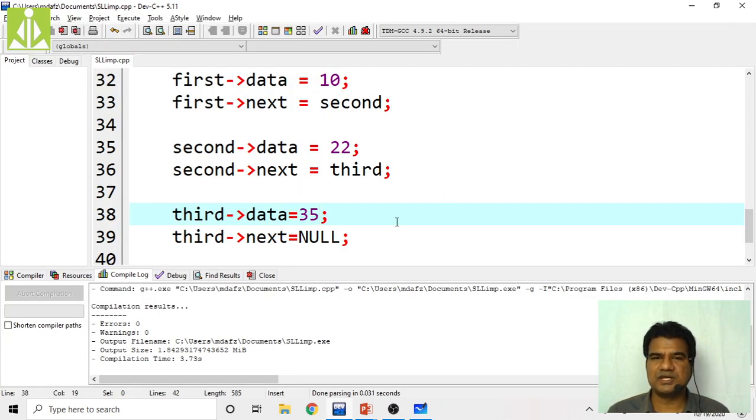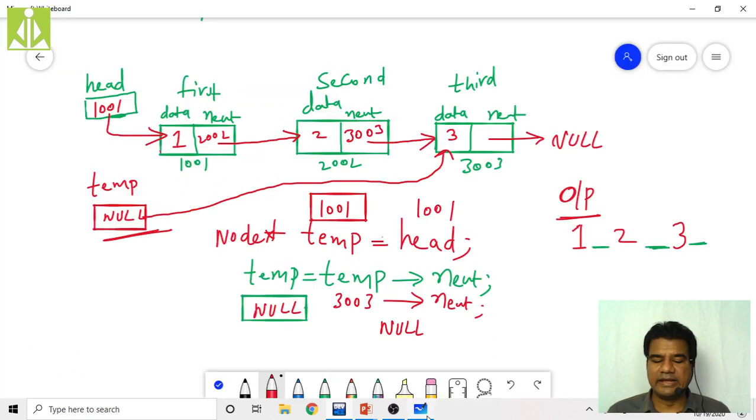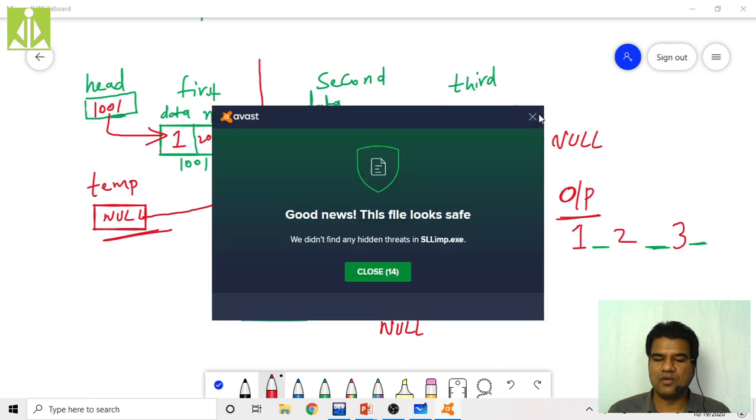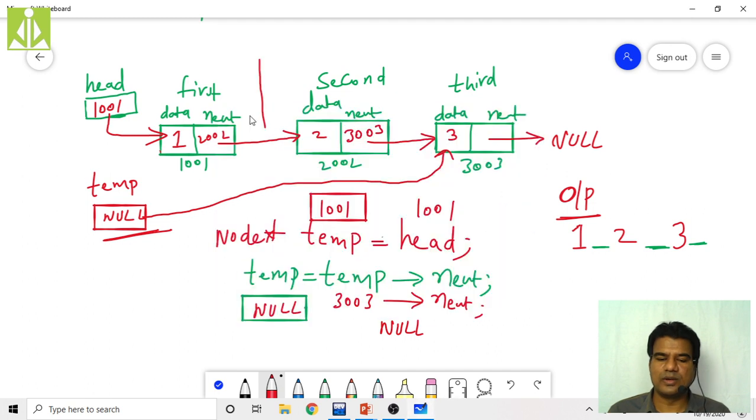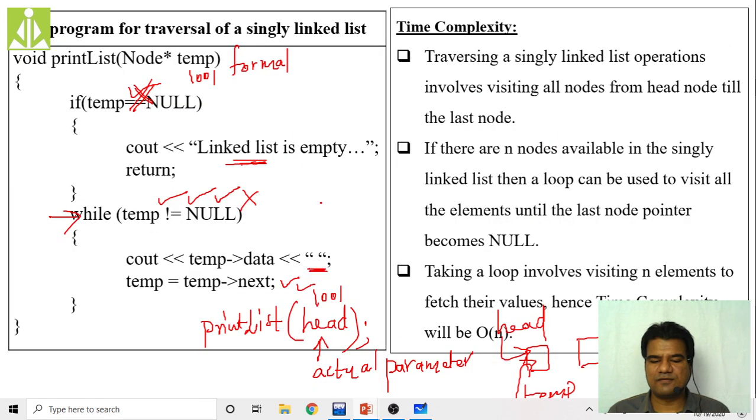Okay, very simple procedure. We have many different concepts after creating the linked list. Let us say if I want to add a new node over here, how can we add it? Or removing an existing node, suppose if I want to remove this node, how can we do that? All these things we will see in our upcoming videos. Now we have to do the time complexity analysis over here.